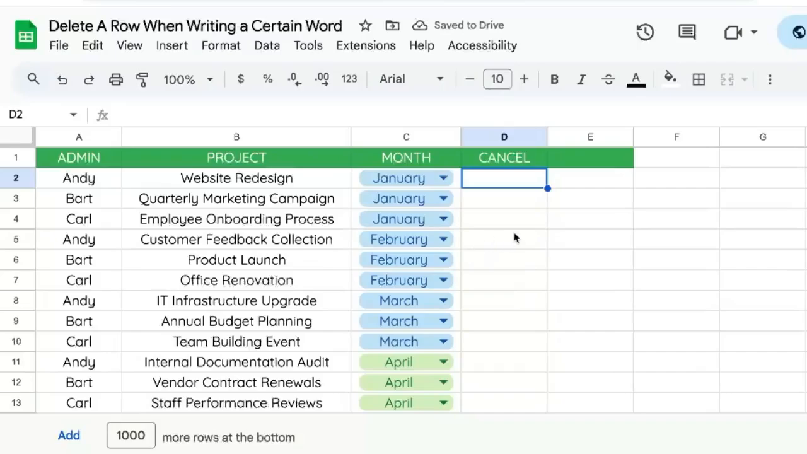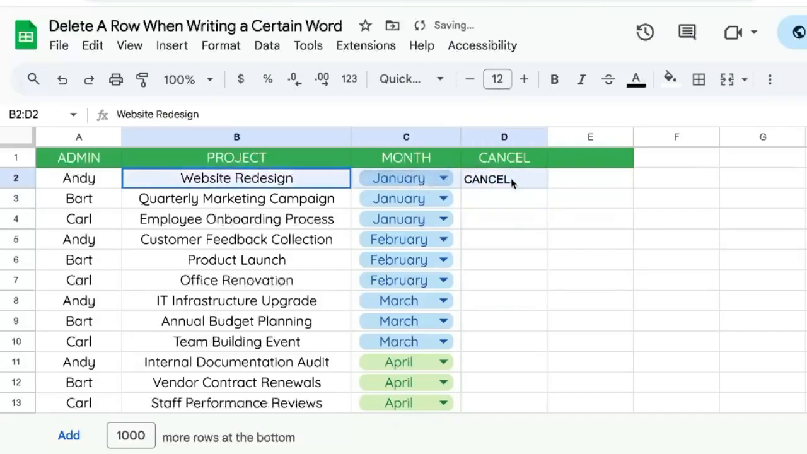Someone wanted to find out how to delete a row when writing a certain word. The word is cancel. We're going to write cancel here in all caps, and we're going to delete this row. Now, you're going to get some problems with this, and I'm going to show you how to do this, what problems you're going to run into, and how to fix those problems or work around them to make this safer